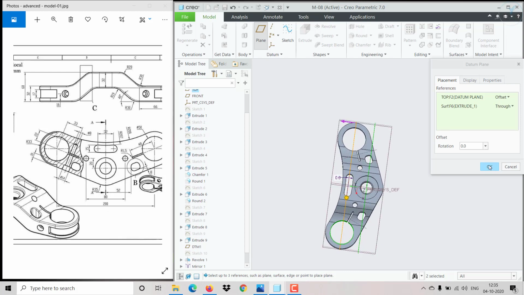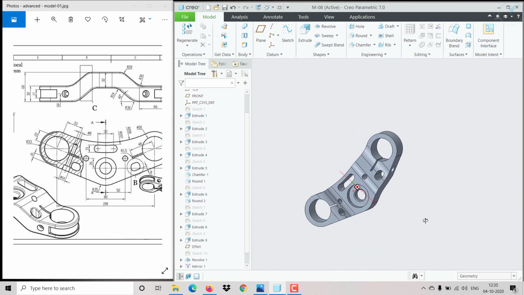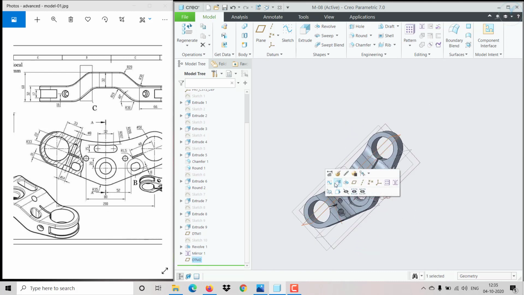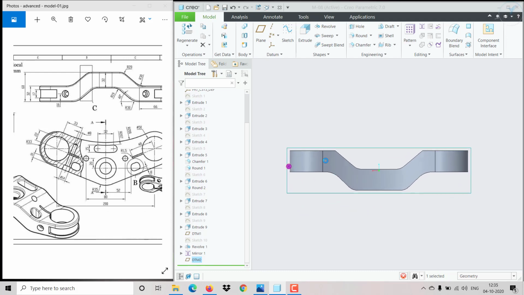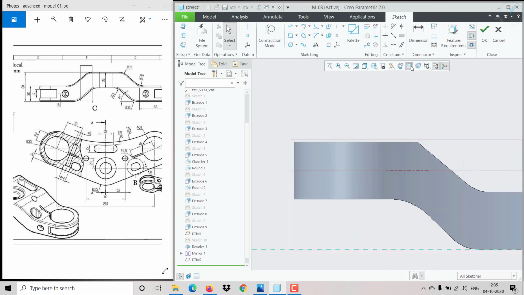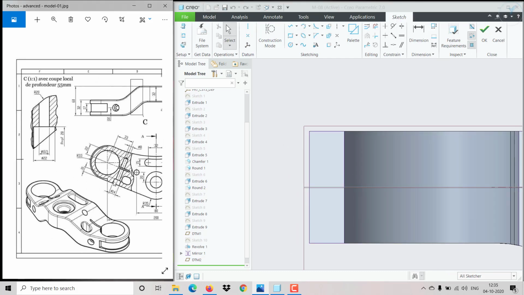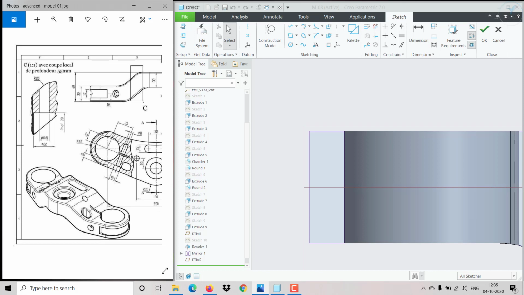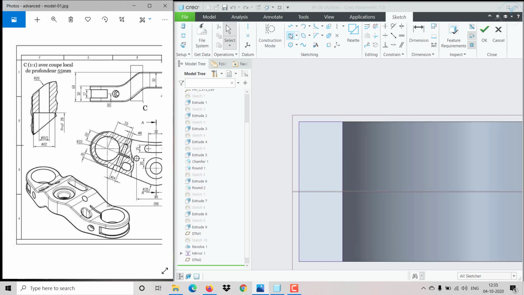So now it is lying exactly on the center. So now select that plane and sketch. So make a cut like this. So this is having a like a rectangular shape,